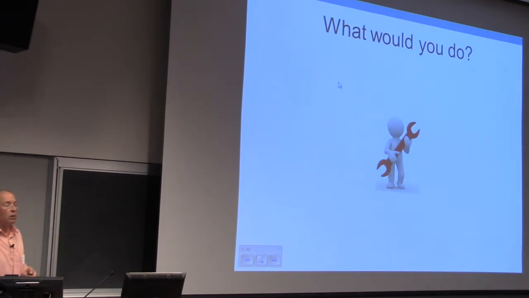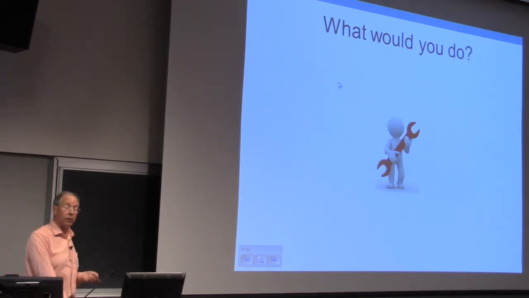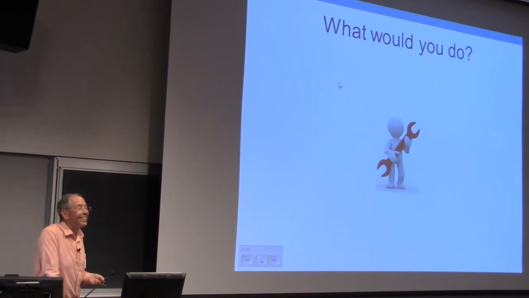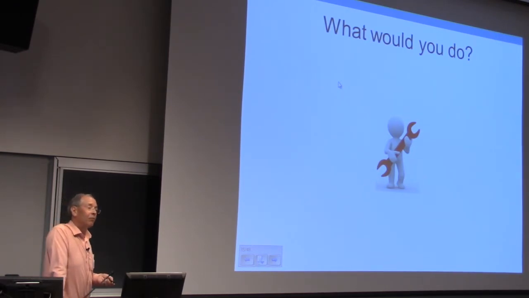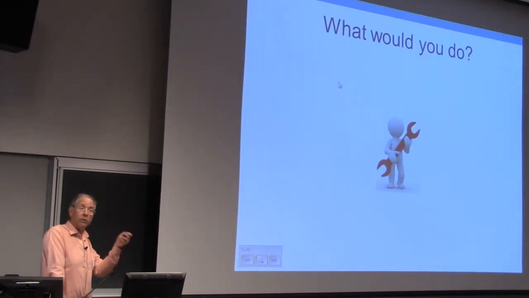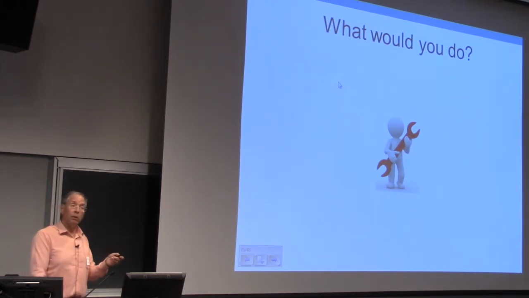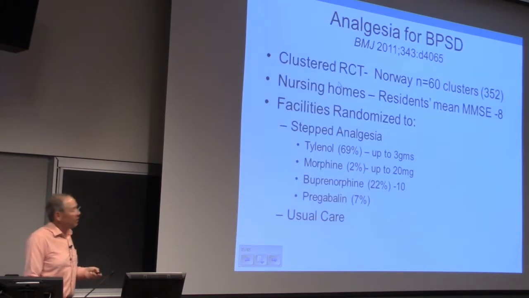So what would you do for this lady? How would you approach this problem? Any ideas? This is a crisis, right? Caregivers are going to quit, and this is the truth. This is what happened. Anyone have any ideas how we can manage her? Opioids, right? So pain, right? They think she's in pain. I listen when a caregiver says they think she's in pain, especially when they're handling her. I would think maybe there's pain.